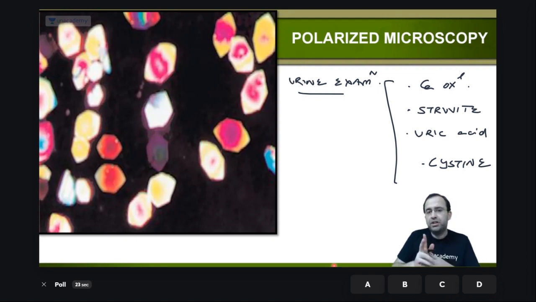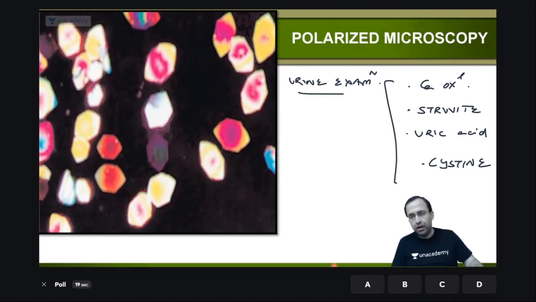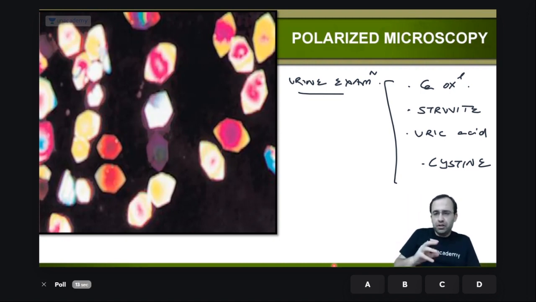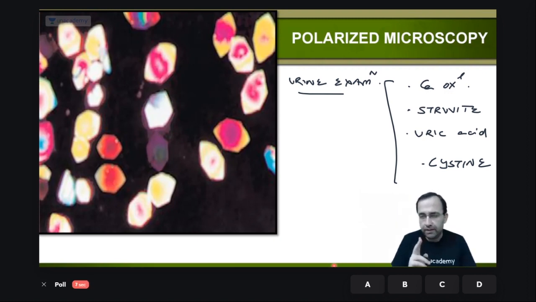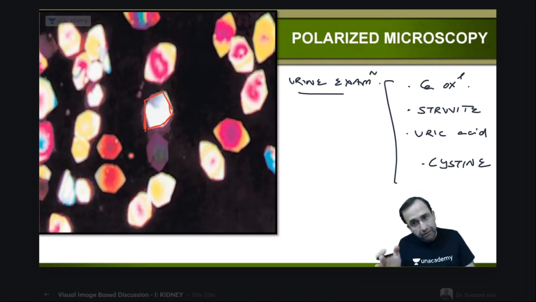Now, Shweta, this is the second question. I'll show you the first question again in just a minute. So this was the second question. Now, the answer got slightly split because you were not exposed to polarizing microscopy till now. But it was comparatively easier, because what you are able to see is that these are sort of rhomboid crystals. They are rhomboid shaped, imperfectly perfect.